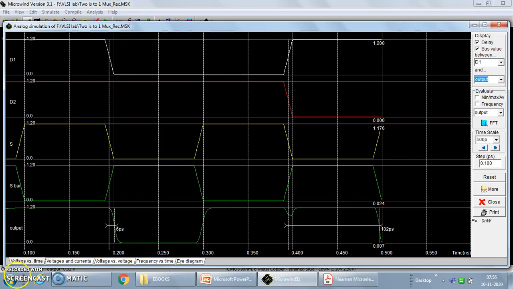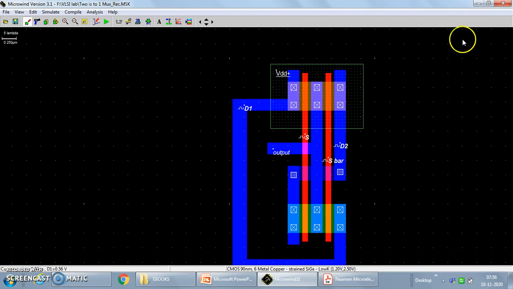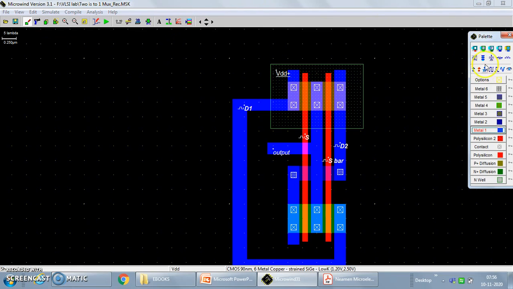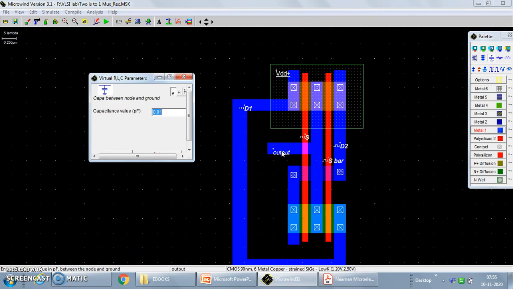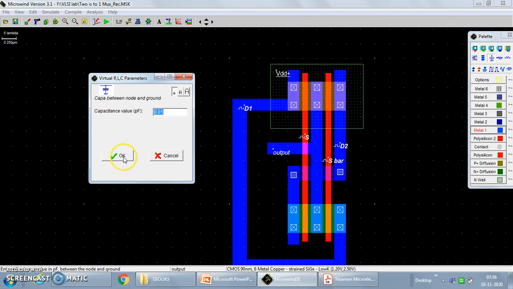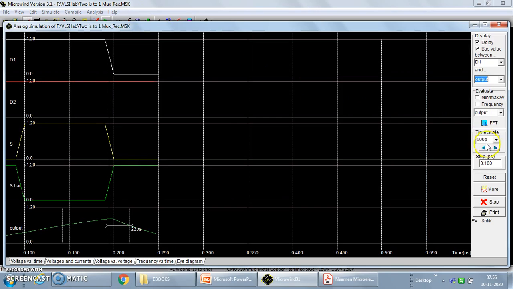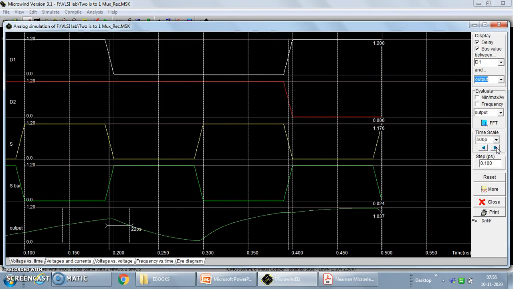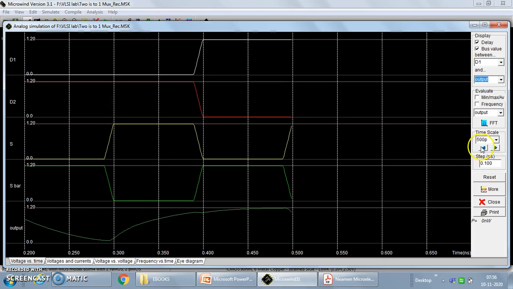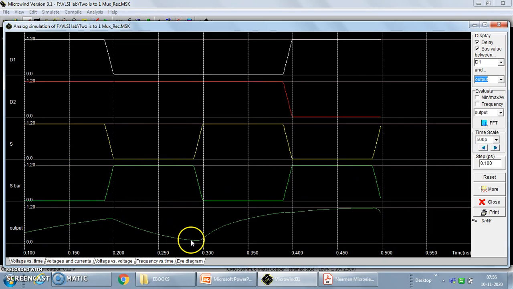That's it. Now we can connect here one capacitor, a virtual capacitor, and that will show the effect. At the output, if I connect the virtual capacitor and say OK, now if I simulate the circuit again, then the effect will be observed where the rise time and fall time have increased. See, this is the effect. So this is the rise time and fall time. If we don't want this much variation in the rise time and fall time, just reduce the value of the capacitor. By connecting the capacitor, power dissipation will also increase, along with the rise time and fall time, if you are using the virtual capacitor as a load.